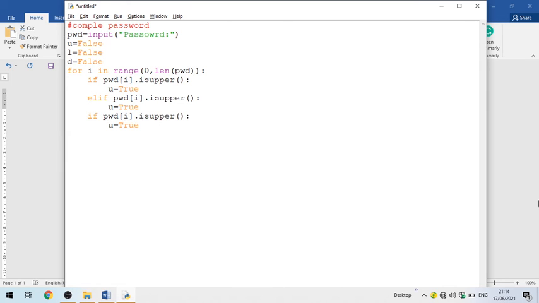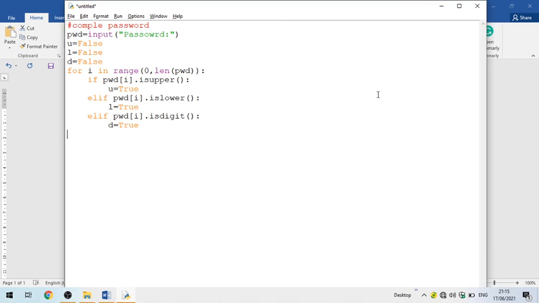For the elif, pwd[i] we already checked upper, so here you can check islower, and put it in the variable L. We already declared here our U, L, D, so now is the D, so take isdigit, and put it into the D. So we check that for all the string's characters.